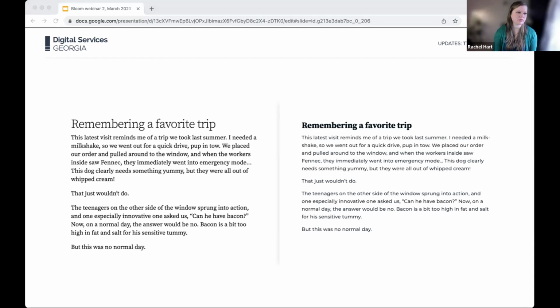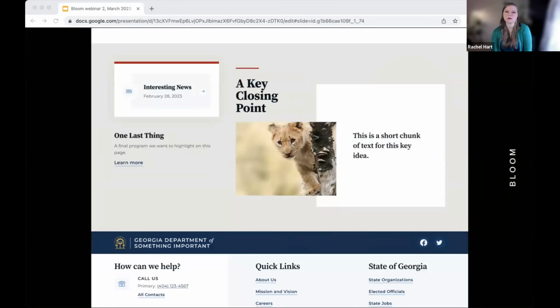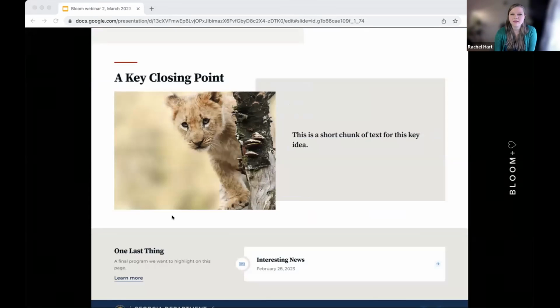Another example of how you have different options for font sizes: like this one, for example, this is the spotlight block. And so it gives you just bigger text. It helps it stand out differently if you're on a landing page. Similarly, if you're looking at embedding content onto something like a topic page,